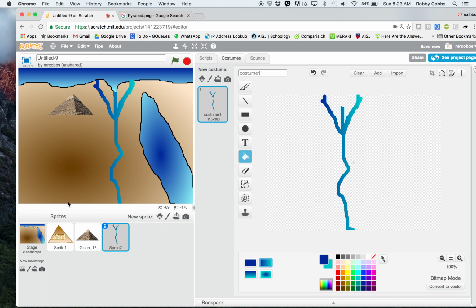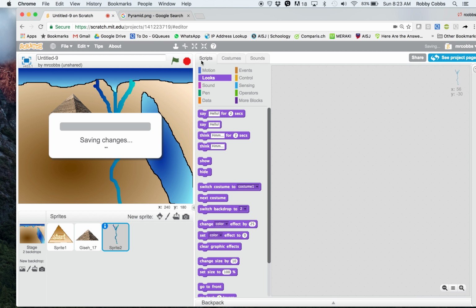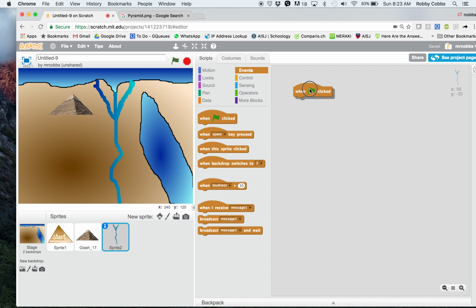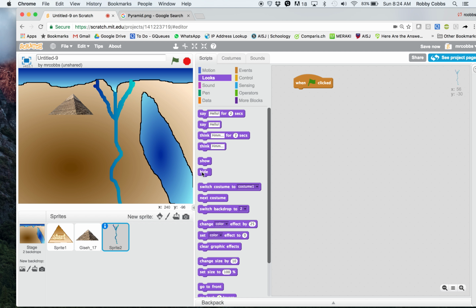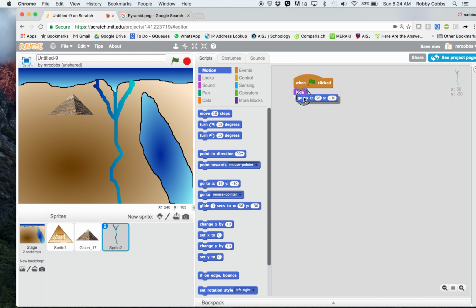This is something that you're going to be able to click on. But again, every time you add a sprite, it shows up. So we need to code it so it goes away. So the first thing is when the green flag is clicked, we click hide. We also put go to here because it's in the perfect spot. And then